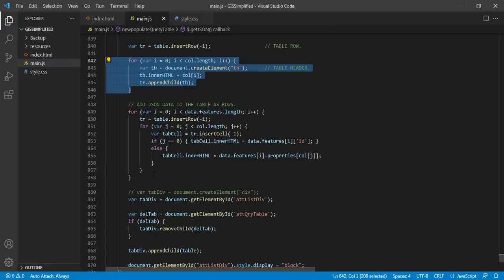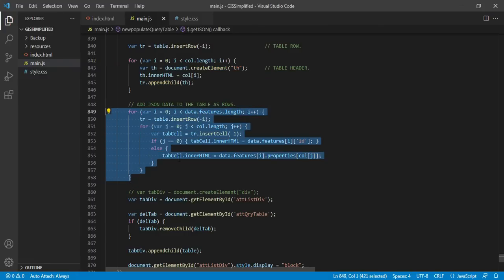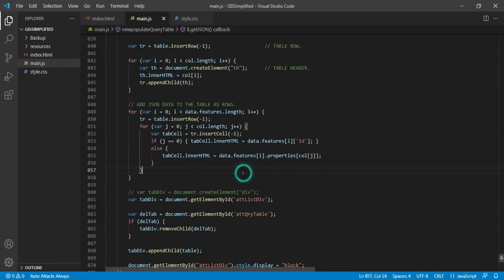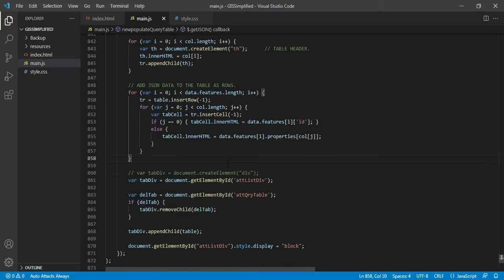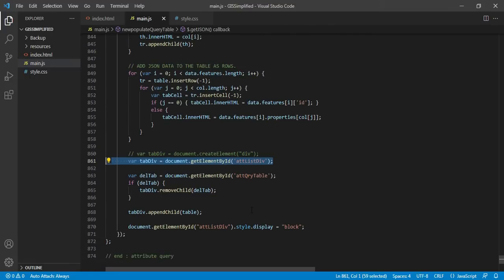So which data should go as a header? All the column headings will go as a header, and then all the rows data will go in the tr element. So I'm looping through each and every GeoJSON data row, pushing it into a table, and finally I'm adding the table to the map.